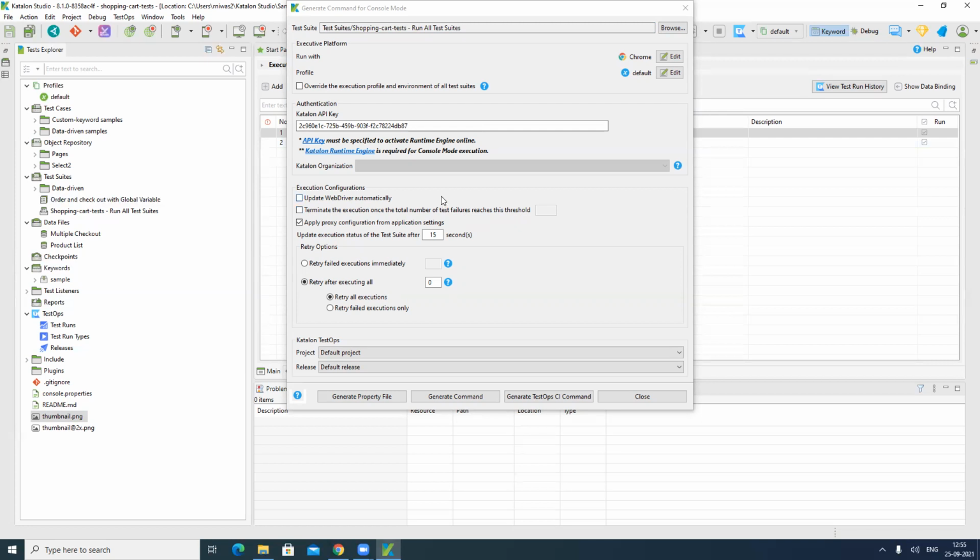You can terminate your test execution as well, and you can set a threshold that if that many test cases fail, please stop the execution and terminate it.